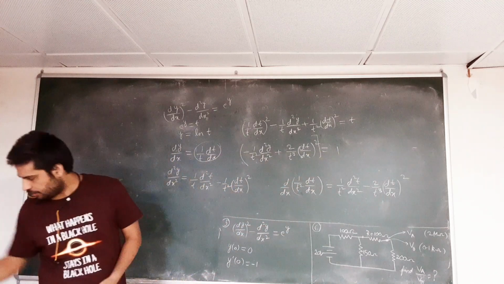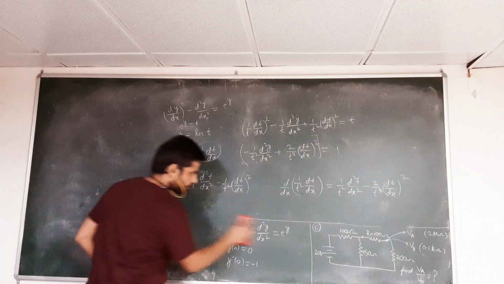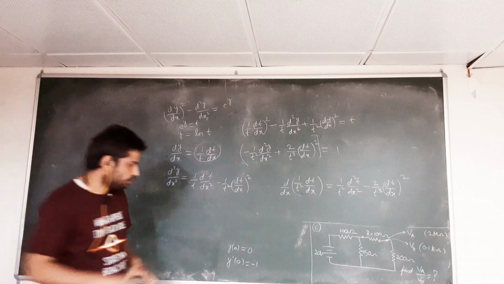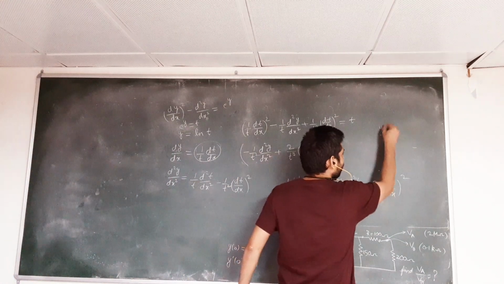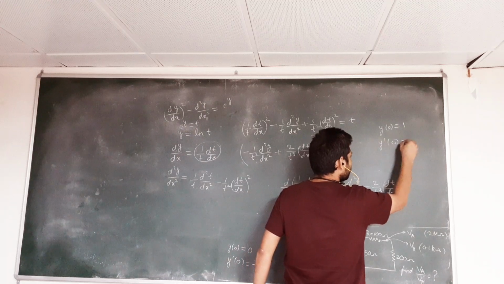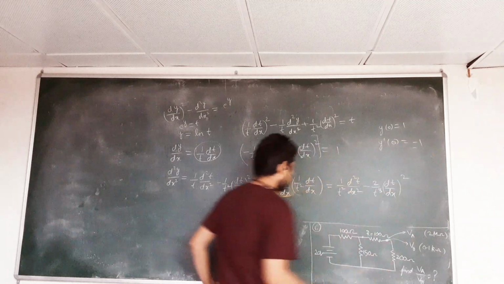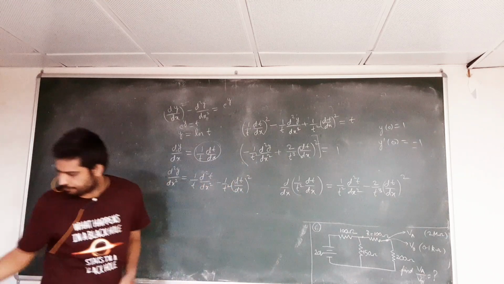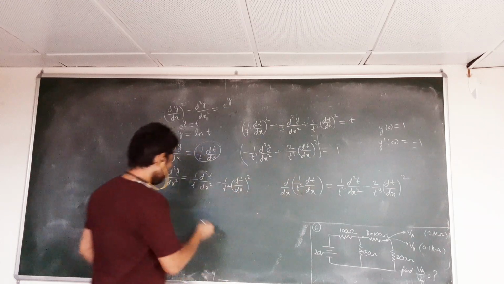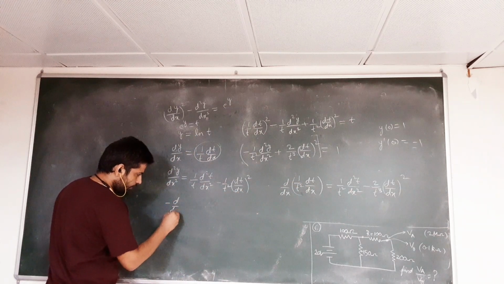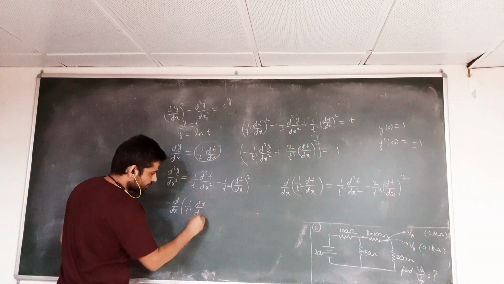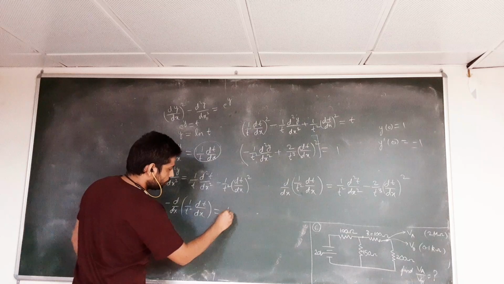So we will have, let me erase some portion. I am removing this. I am considering the boundary problems as it is. Let me write the boundary problems here. y of 0 is given as 1 and the derivative of y at 0 is given as minus something. So this term is actually minus of this term. So we can have minus dy by dx, 1 by t square dt by dx, and that equals 1.